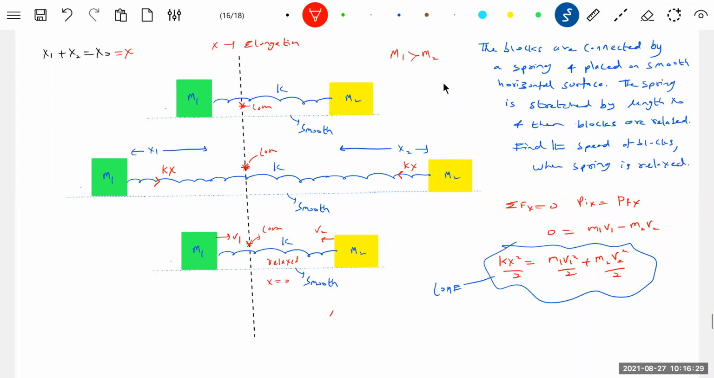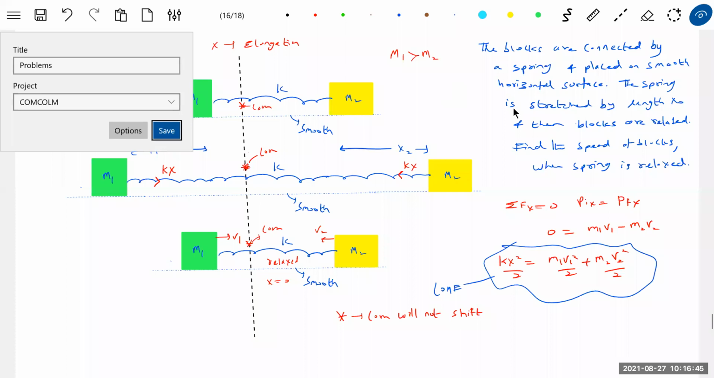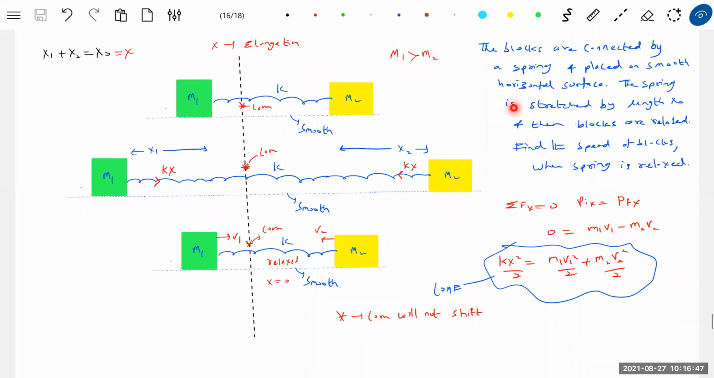Are you getting it? So the center of mass. Why will it not shift? Net force along the x-axis is zero. The blocks will be oscillating, but the center of mass will not move. There are unlimited problems. This is the best topic I'm telling you. You have to work out different numericals, that too diagram based, not some math based things. Please avoid